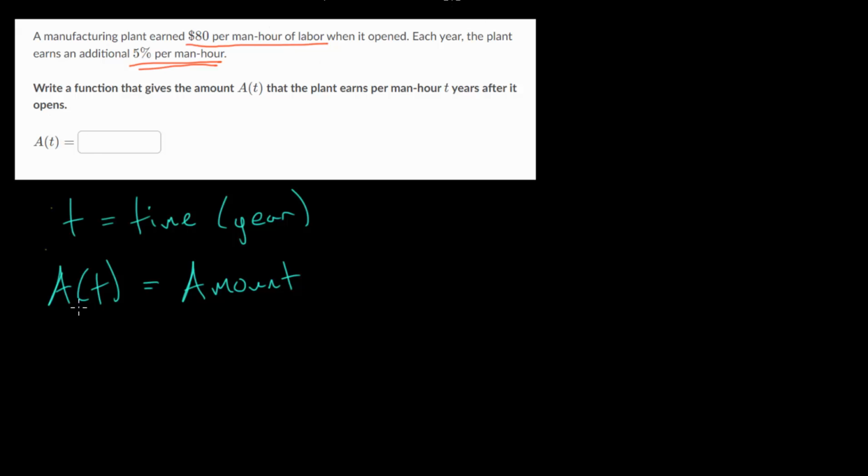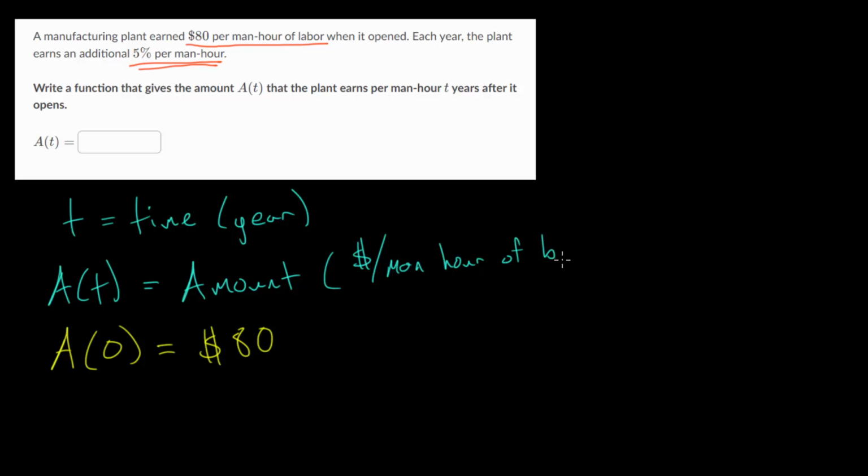So let's write down that information. We know when time is 0. So if we plug in t equals 0 into our formula, the amount would be $80. Since the unit for our amount is money per, or divided by, man hour of labor. It's a little bit confusing with the unit here, but it's money per man hour of labor. And when t is equal to 0, we know that we have $80 per man hour of labor that the